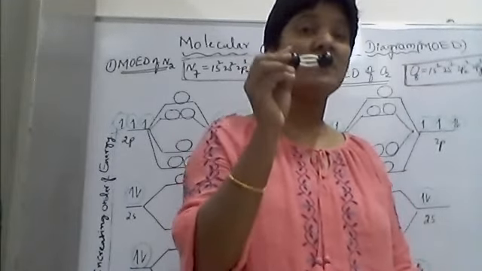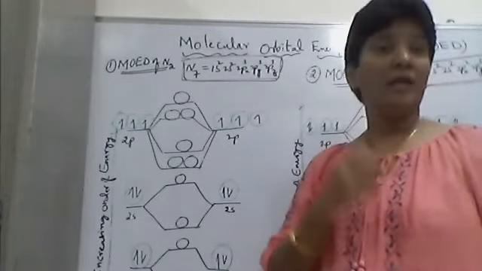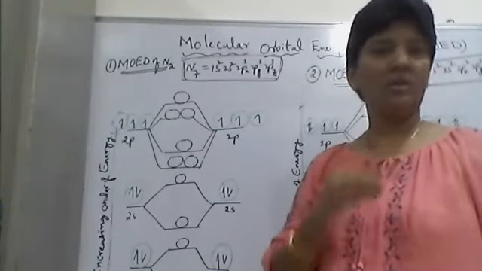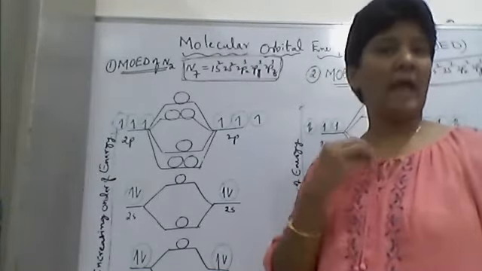Next, the importance of molecular orbital theory is what? One, to predict whether the molecule is paramagnetic or diamagnetic. So please listen. Paramagnetic nature is due to unpaired electrons, whereas diamagnetic is due to paired up electrons. If you ask me why a molecular species, ion or element which has an unpaired electron acts as paramagnetic, paramagnetic means nothing but magnetic only.